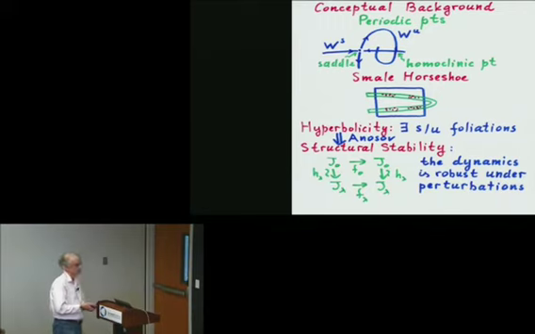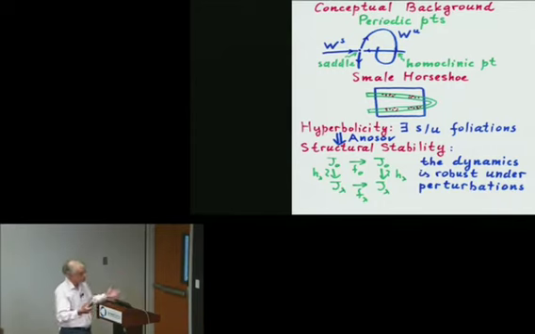And the remarkable feature discovered by Anosov is that all this complexity is actually robust. It is preserved under perturbations. This property is called structural stability. If we perturb this horseshoe, then the invariant set J0 will be perturbed a little bit, and the dynamics on the perturbed set will be topologically conjugate to the original dynamics. So it's a very nice feature. We have these hyperbolic systems, which are so complex, and they are robust. So we have an open set of hyperbolic systems.